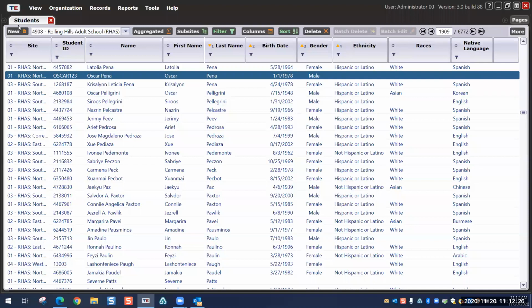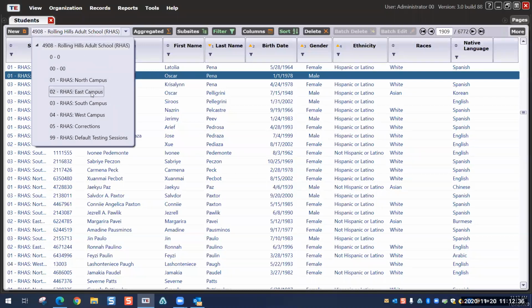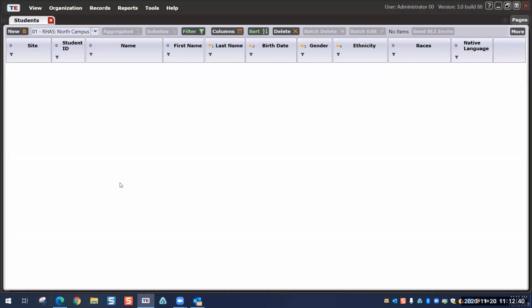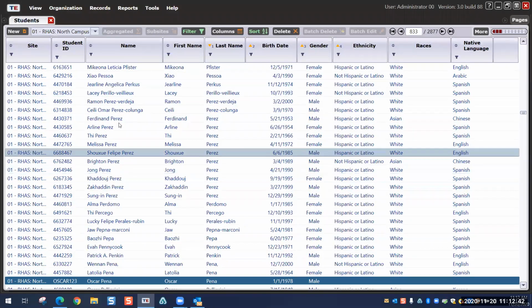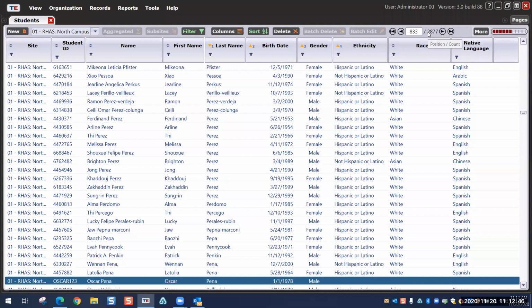Let me go ahead and cover these other buttons that we see on the top. We have the new button. The new button, again, is to create those new records. Then you have the pull-down menu over here if you want to filter by a specific site. So if I want to filter by North Campus, it gives me only the students for North Campus. Notice that my count over here for North Campus is